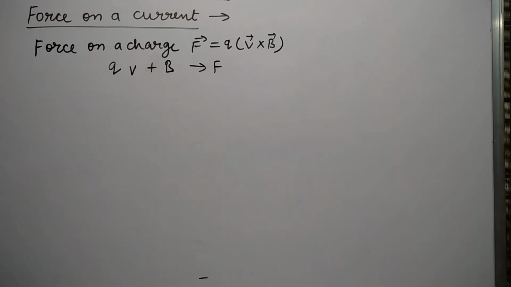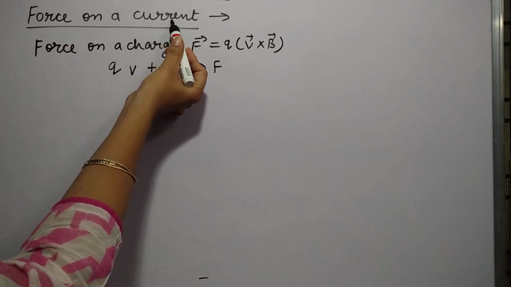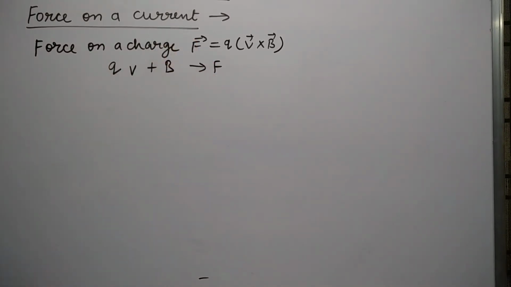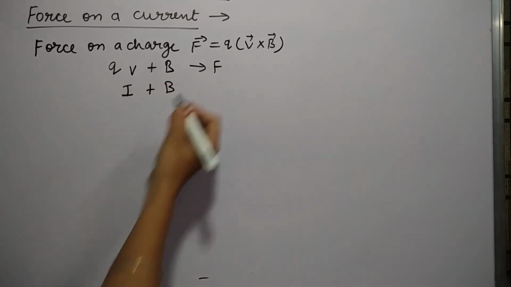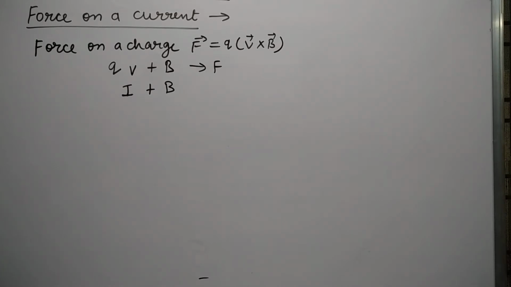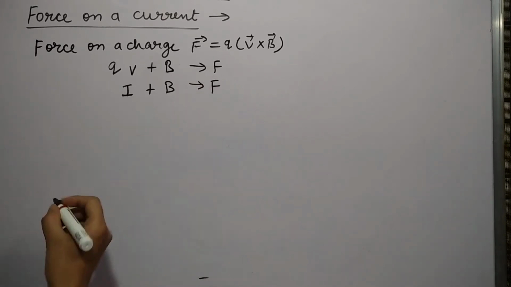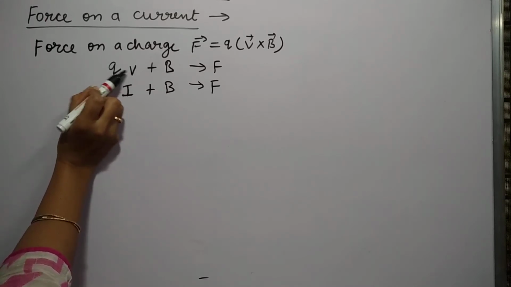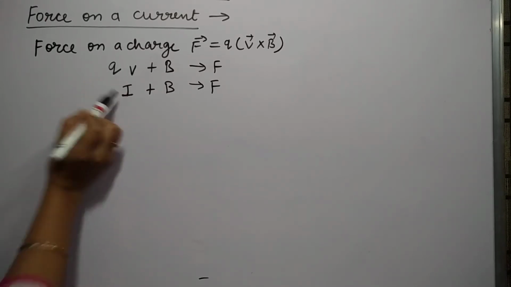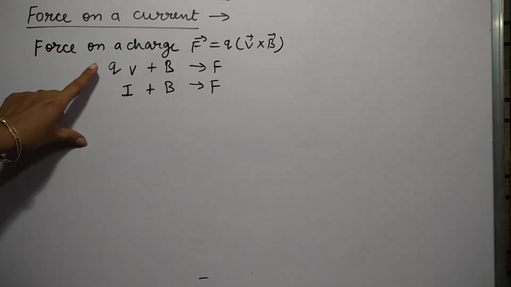Now in the same manner we have to find out: if we are given a current carrying conductor and that current carrying conductor is placed in magnetic field B, then what will be the resultant? So you see students, the resultant will again be the force, because moving charge means any charge having velocity v. Moving charge is actually a current only. So both are similar concepts.